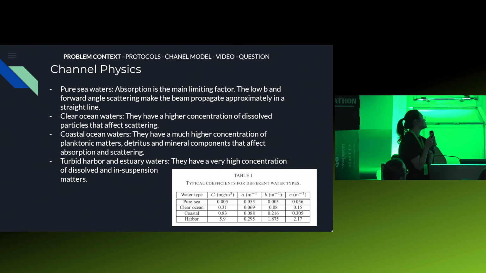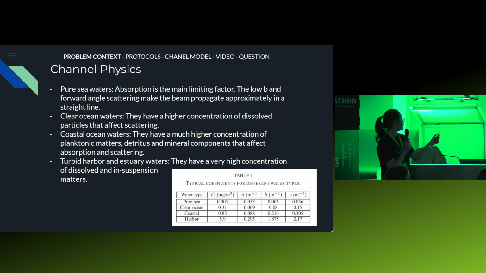Then, about the channel physics, we have also taken into consideration 4 different types of water, which are the pure sea, the green ocean, the coastal, and the harbor. In that case, we have also put a table of the coefficients we chose from a paper, which take into account the chlorophyll density in the different types of water and, obviously, the attenuation, the